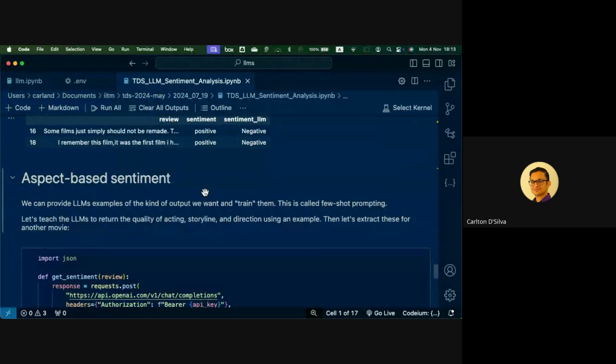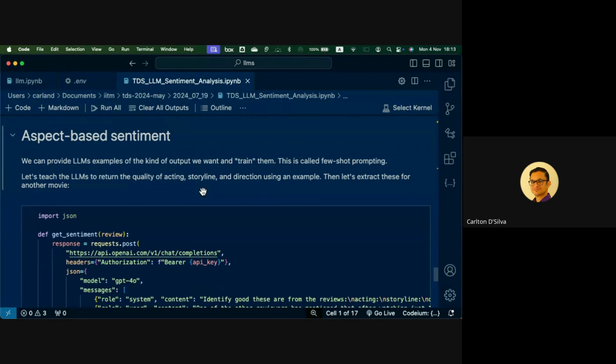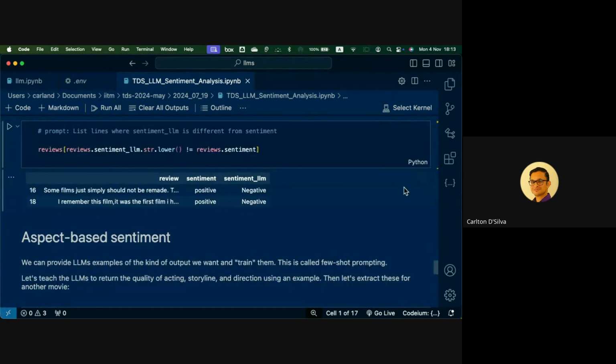So the next part of it is, you can do what's called training an LLM as well. At the moment, there is no training involved. You just send it a prompt, you send it a sentence, and it produces some response, negative or positive.